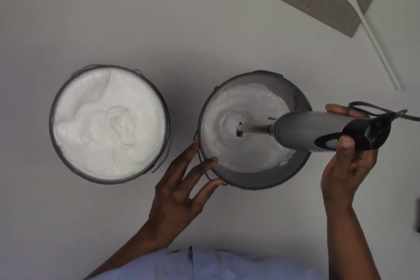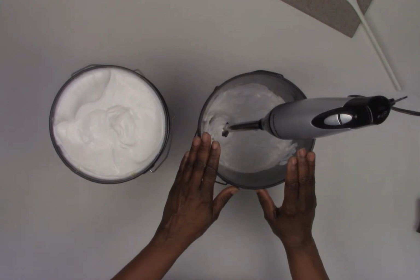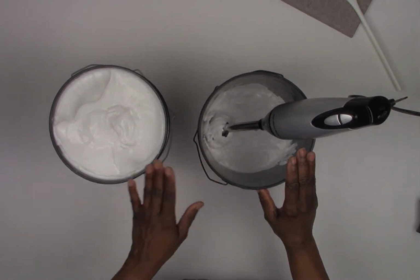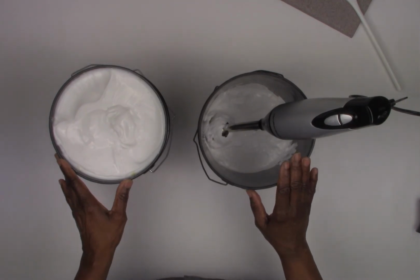That seemed to have worked a bit. So now I'm going to start adding my clear. I started off with 1 cup of white, and I'm going to add this entire gallon, or as much as I can fit into this container, of this clear. So the proportions of that would be approximately 16 parts clear to 1 part white,